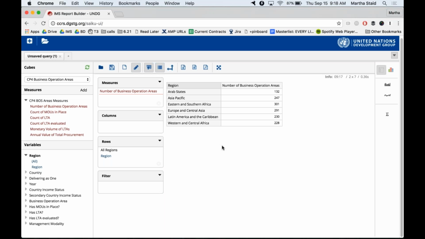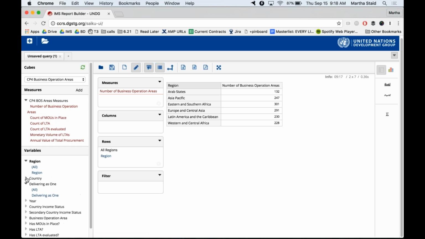Now, we're not limited to only, as I said, one piece of information from each set, measures and variables. You can actually go ahead and add many more pieces. So we'll start out with this delivering as one filter here. If you go ahead and click this, it's going to, by default, appear in rows and will instantly update our table. So take a look at what happens when I click it.